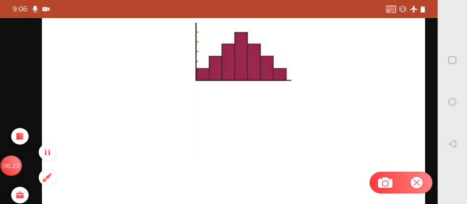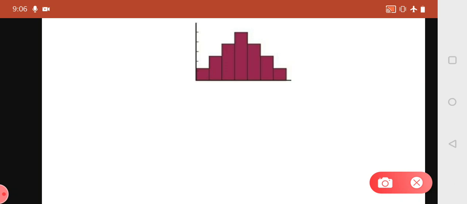Here you can see a bar graph. I have not taken any of the categories here, but directly mentioned the figure of how a bar graph is done. Here you can see no space is there between any bar, all the bars are joined with each other.